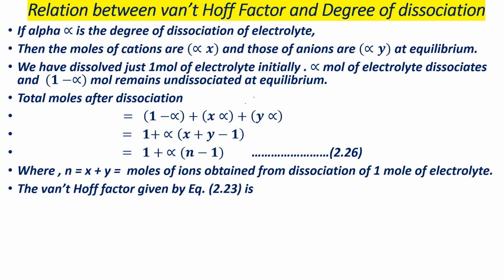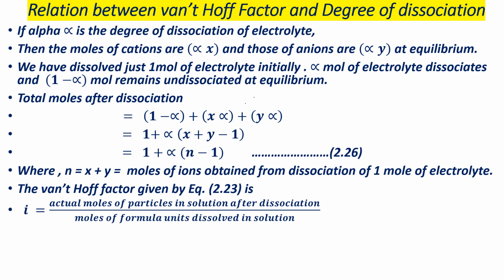That is, the Van't Hoff factor is given by equation number 23: the actual moles of particles in solution after dissociation divided by moles of formula unit dissolved in solution. Then the simple equation becomes